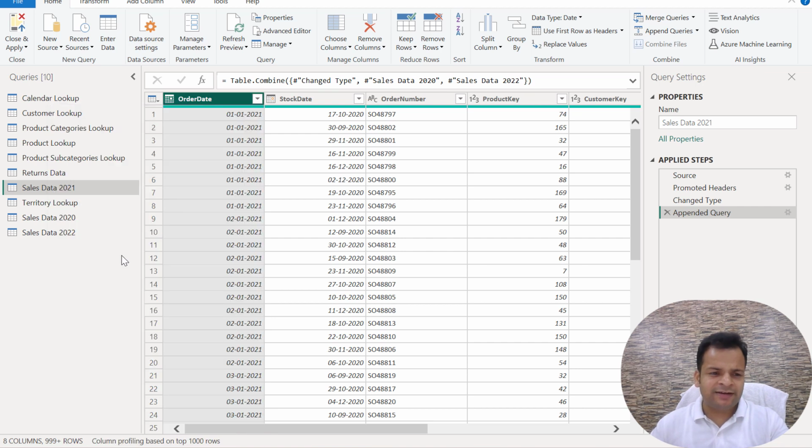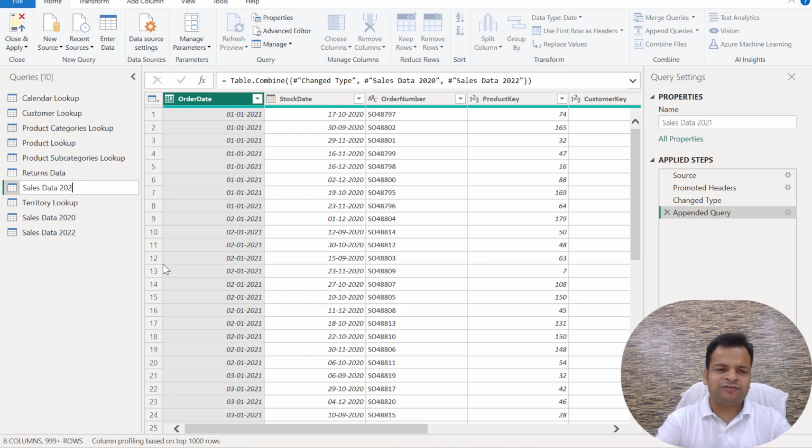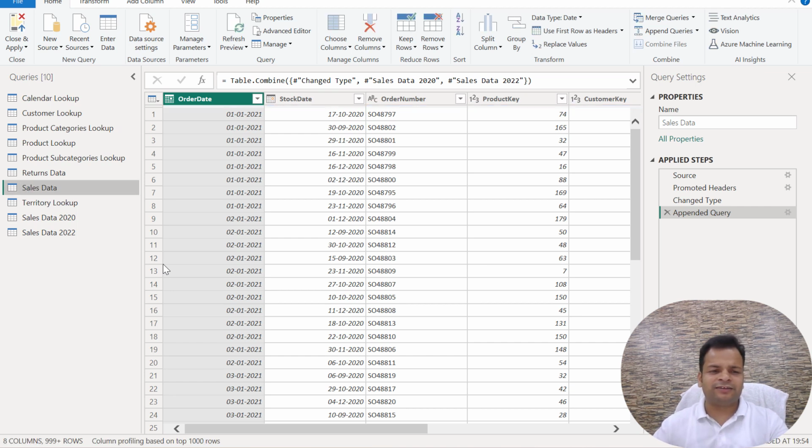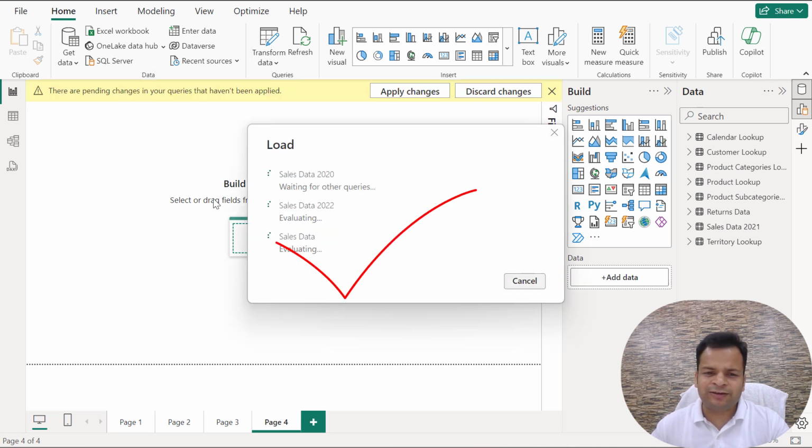Now cancel it. Now I'm going to rename it. Let's say I'm calling it Sales Data only. Since this data belongs to 3 years, I'm going to simply Close and Apply. Since my data size is a little bit heavy, it is going to take 10 or 15 seconds.